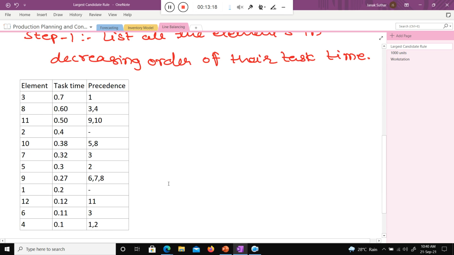Okay, so now the next step, step 2, is very easy, just wait. For that we need to make one table.